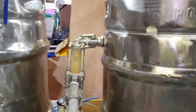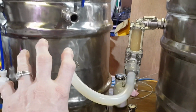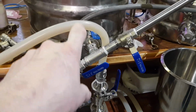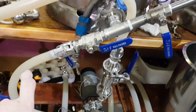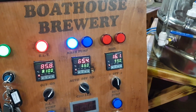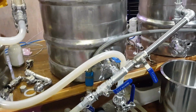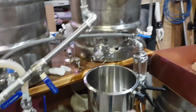Now this is the reverse of what you would normally see. I've topped this up using hot liquor from the HLT, and now I'm recirculating, so this is kind of like a vorlauf. It's coming out of here, through the bottom part of the valve, into the pump, out at the pump, through the HERMS coil, because we need now to knock this up. It's dropped a degree. We need to knock this up to 75 degrees and then really start the final part, which is once we get to 75 degrees we give it a short rest, and then we send it through to the copper,